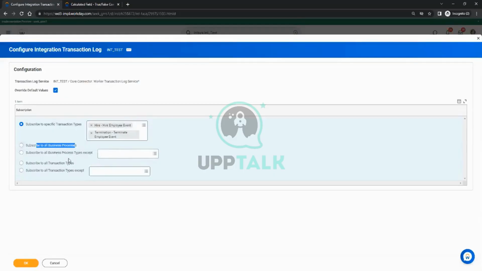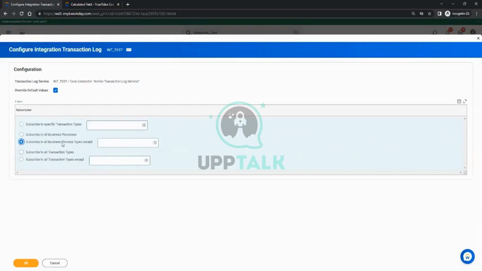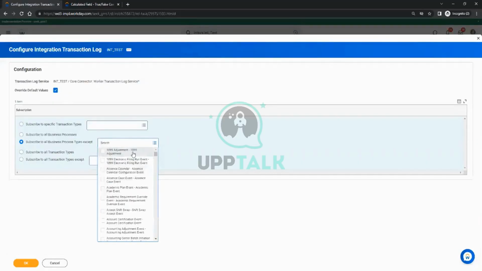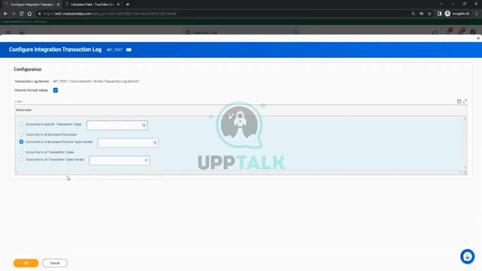Other options are subscribe to business process except. Whatever you write, except that everything will be in scope. Similar to that, you have to understand that